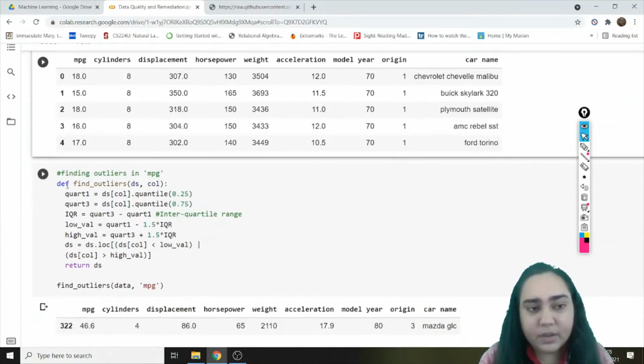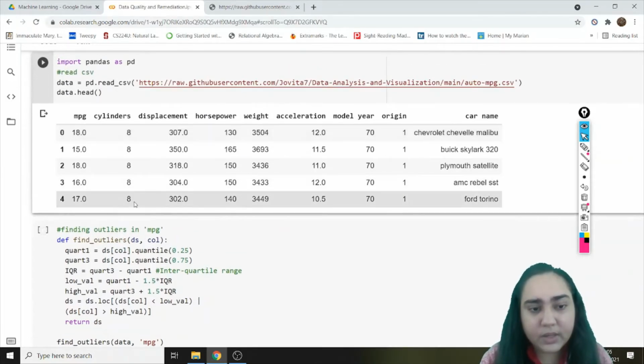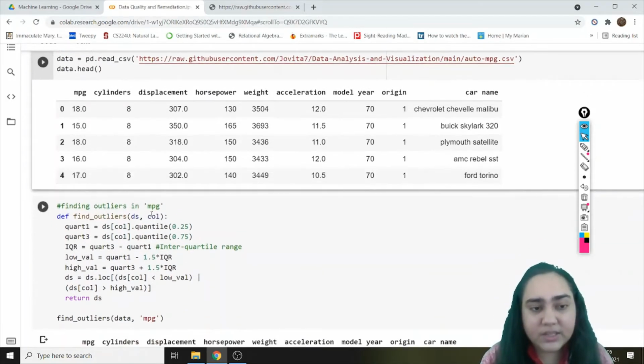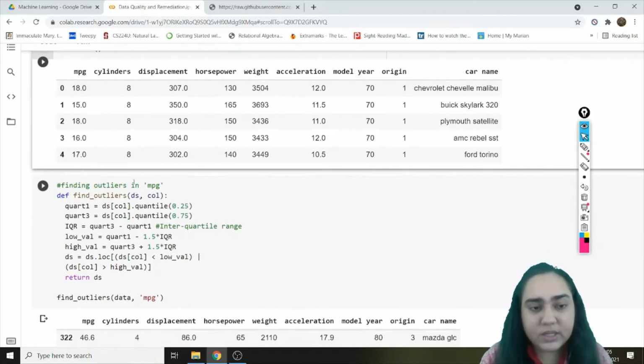So we are creating this function called find_outliers. And in this function, I am passing 2 things. One is my data frame, okay? And the second thing I'm passing is the column in my data frame from which I want to find the outliers. So I want to find the outliers from MPG. So I'm going to pass that, okay? So there are 2 things, the data frame and the column, as you can see here. Now what we will do is,